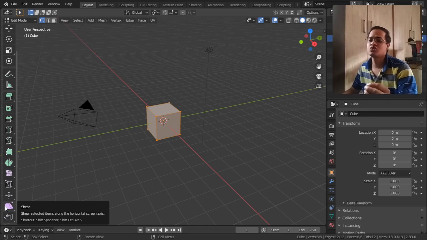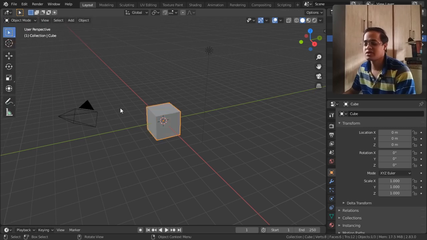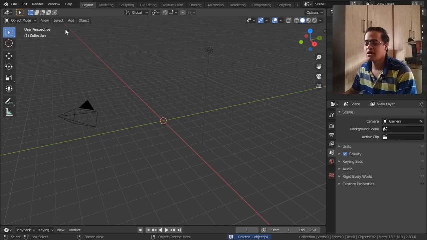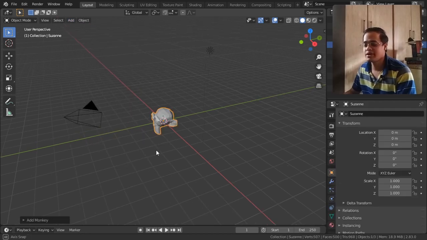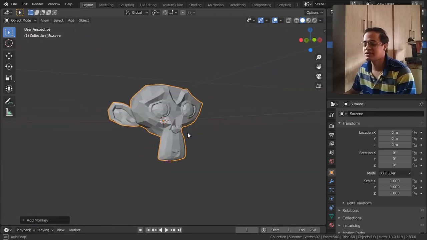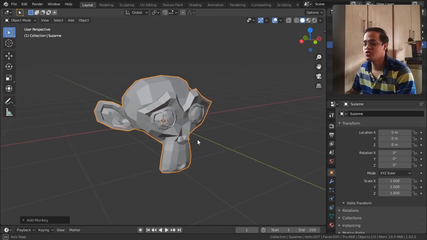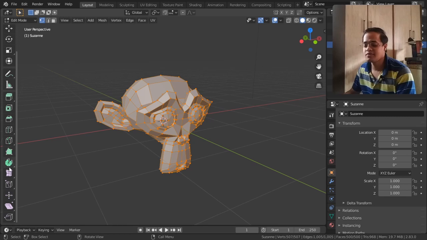To show you clearly, what I will do is first delete this cube. Go to object mode, select this cube, delete this cube, tab, delete button on the keyboard, go to Add, then go to Mesh, and then go to Monkey. Yes, you can find a monkey in this Blender. This is the monkey. So what you can do is go from object mode to edit mode, and then right